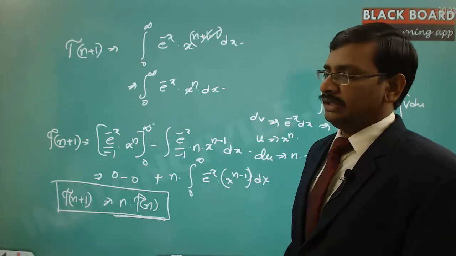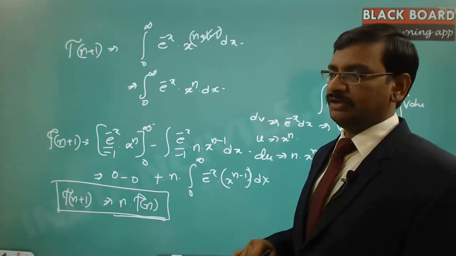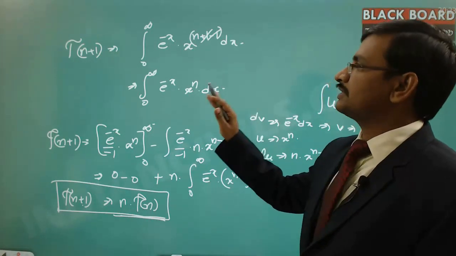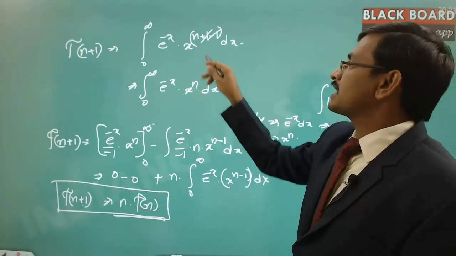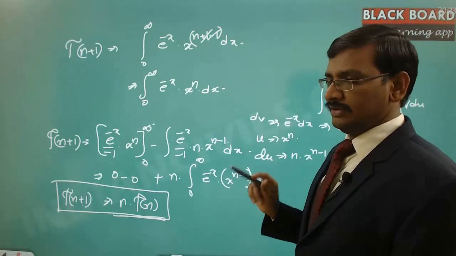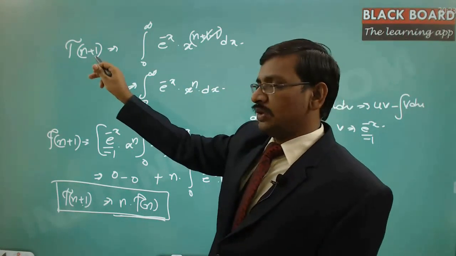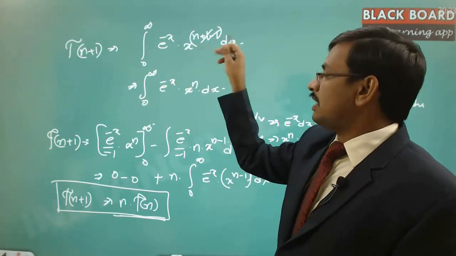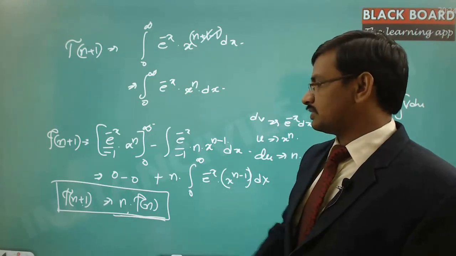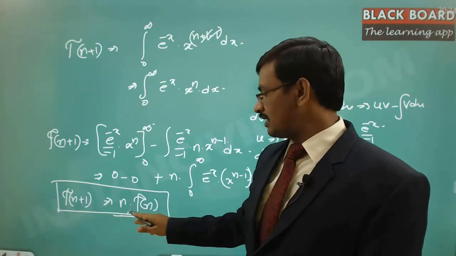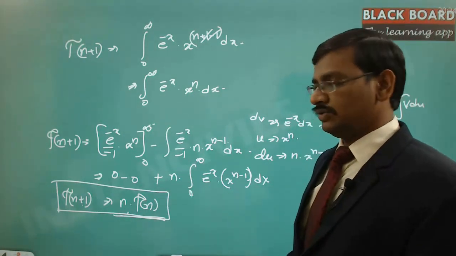Right? So here, the way we have defined the Laplace transform, the gamma function is also defined. The gamma function, by definition, is the integral from 0 to infinity of e power minus x into x power n minus 1, not x power n, x power n minus 1. That is by definition. Now for gamma of n plus 1, if you calculate, this value leads to a factorial function. So gamma of n plus 1 is nothing but n factorial. You can straight away say that, as long as n is an integer value.